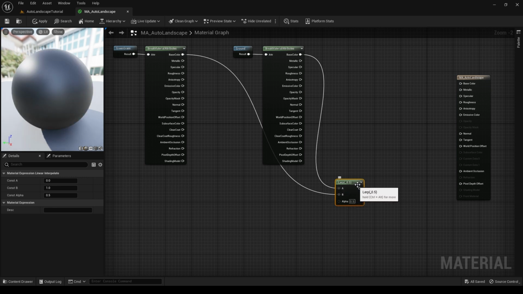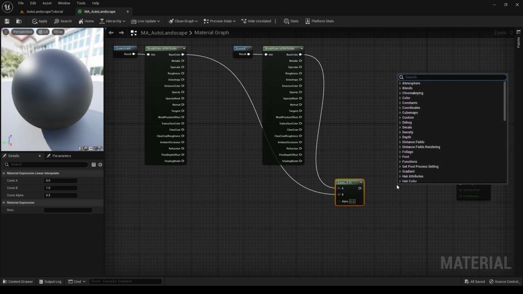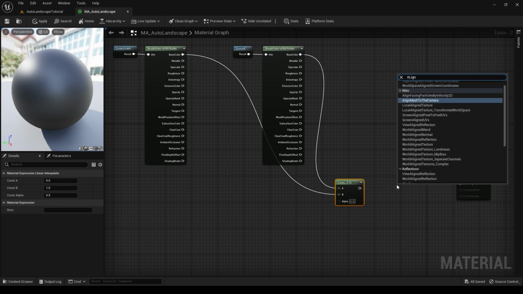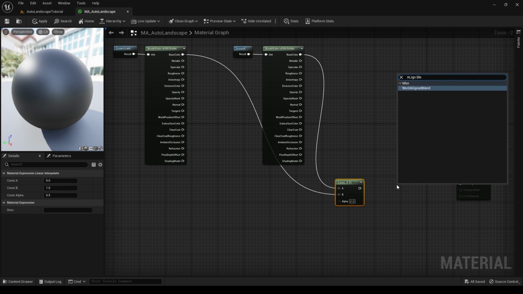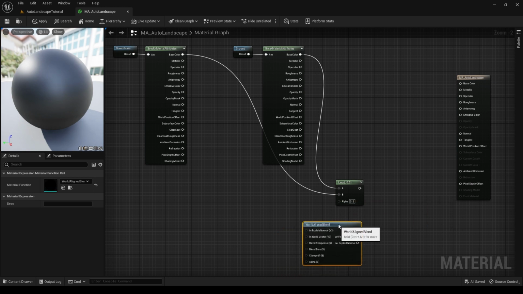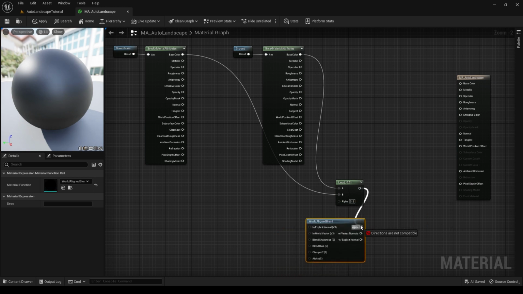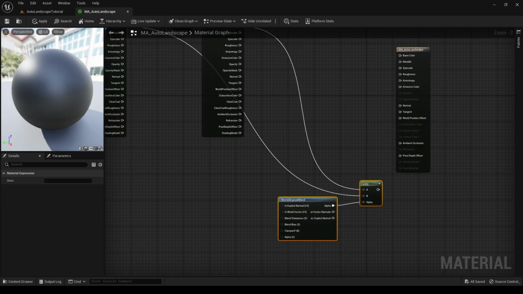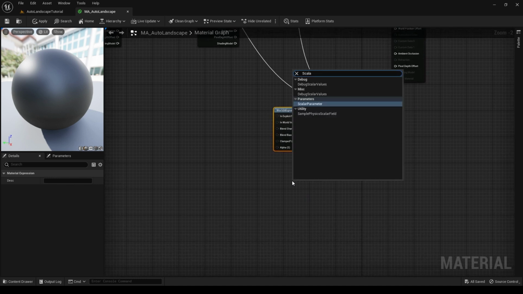Then search for align, world aligned blend. Connect the alpha pin from world aligned blend to the alpha pin from the lerp. Now right click, search for, type in scalar parameter,